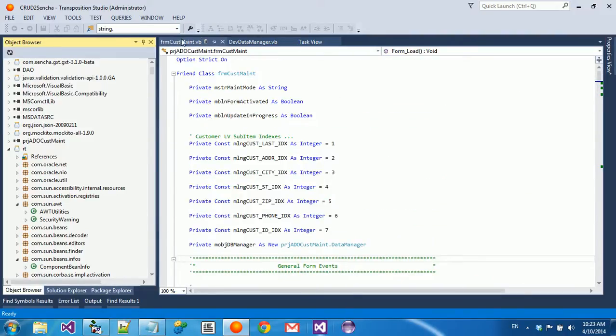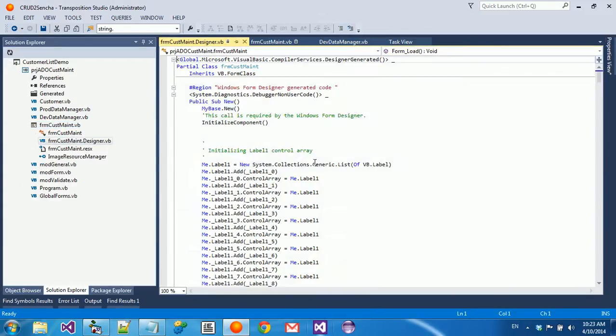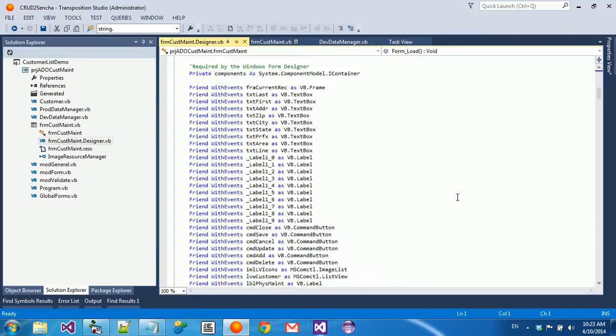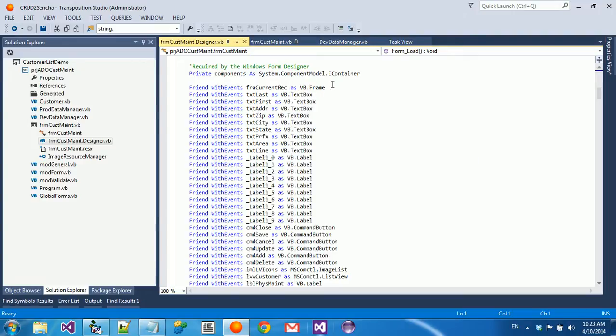Java already. So for example, I can go into the designer file, and I can see here, for example, if I take a text box, it's mapped to the Sencha text field class. But this is more of the same that we've seen in the previous migration. But the more important part is that we are going to take this application and migrate it into a client server